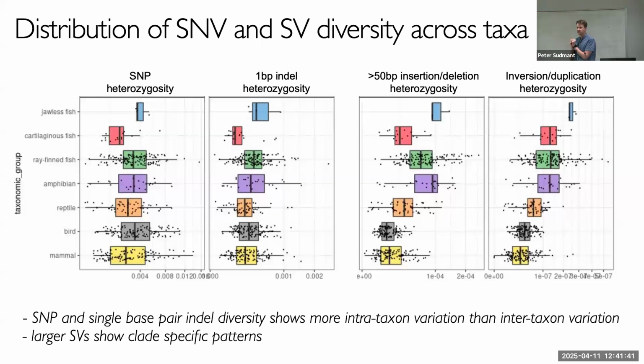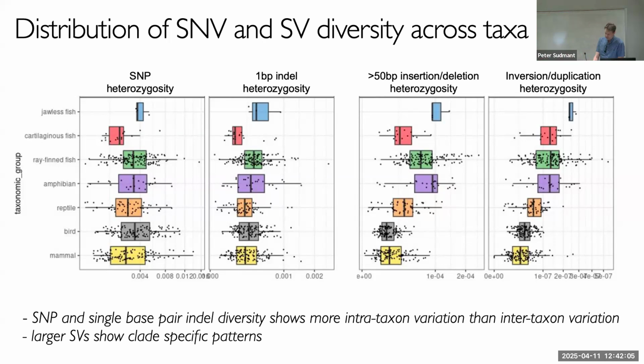It's normalized for the size. Yes, it's normalized for the size. So this is the rate. It's basically what the number is: the total number divided by the size. And so basically you have more structural variants. Okay, I'll come back to that. So what else is going on here?